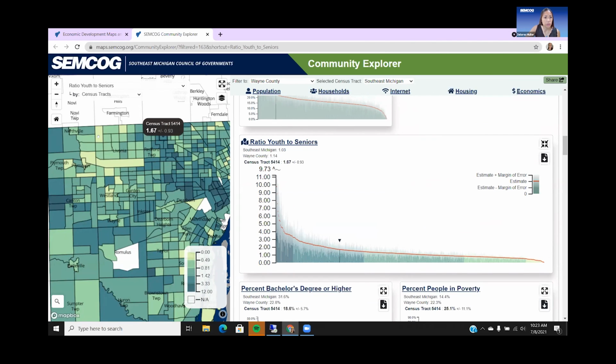Now looking at those original census tracts that we were looking at, these two fall in the yellow, and this other one, you can see how it's falling in that graph, is more in the dark green, maybe the more youthful, and then this is a little bit of the older population. So what we have left is this census tract here, still in Livonia,